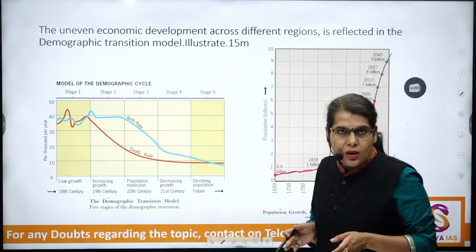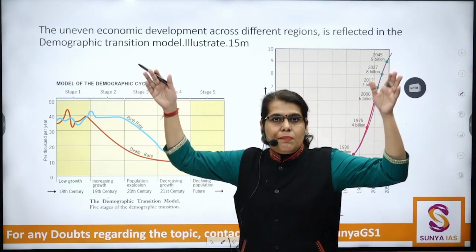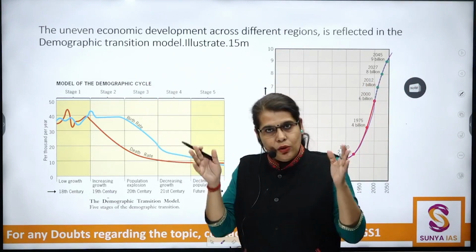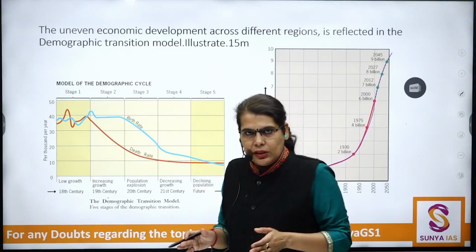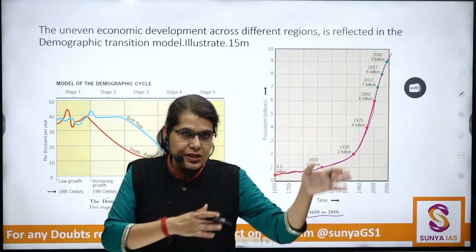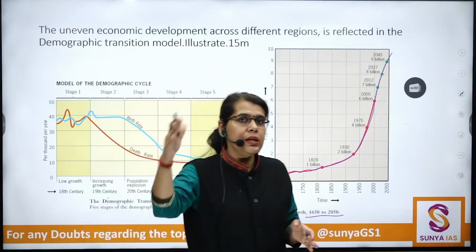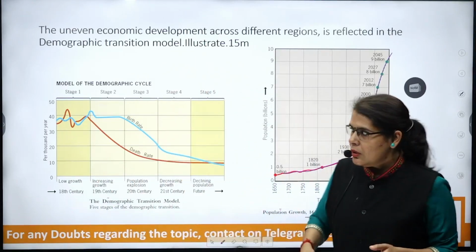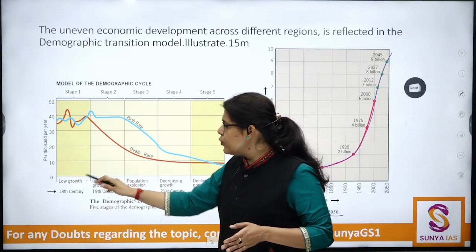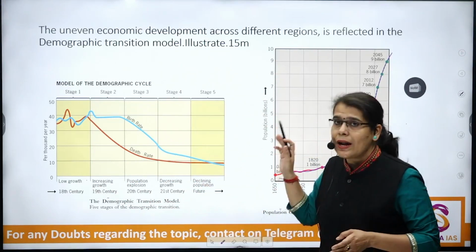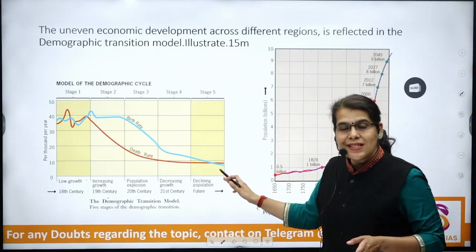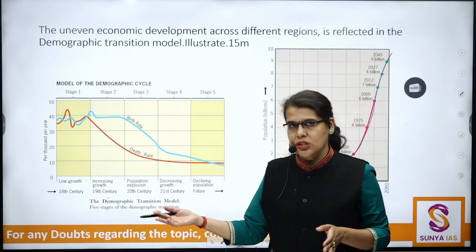Now that is happening because globally, when we are talking about the global level, can we say that there is a certain demographic transition? Yes. So hence the population growth rates have also declined. That is also a general economic transition that is happening. However, you need to illustrate with the help of all the demographic transition stages: low growth, increasing growth, explosion, decreasing growth, and declining population, where there are also chances that the birth rates might be even lower than the death rates, resulting in negative population growth.